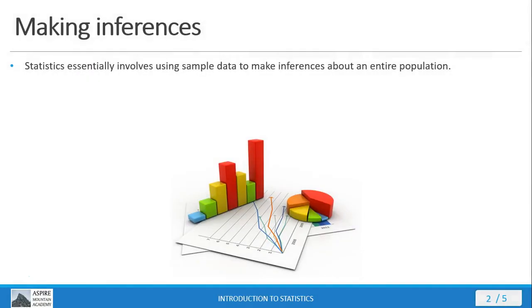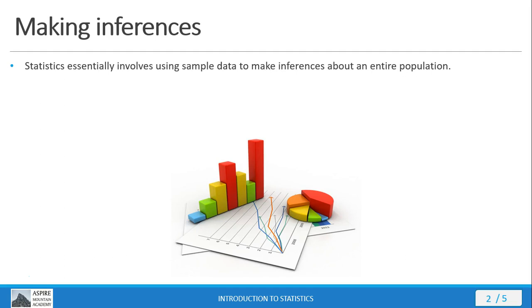As we've discussed in previous lectures, statistics essentially involves using sample data to make inferences about an entire population. We don't want to get data from every member of the population. What we want to do is get data from just a portion of the population, and that portion is what we call a sample. This is more effective from a time perspective, from a money perspective, and also from a